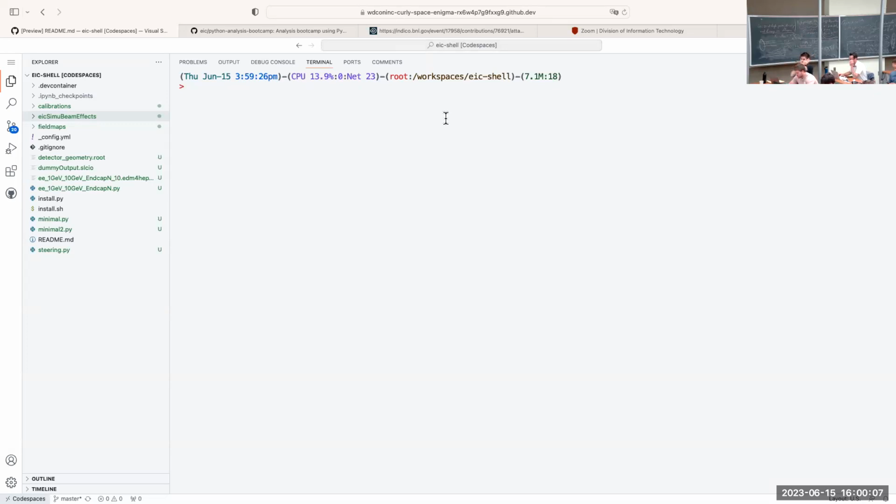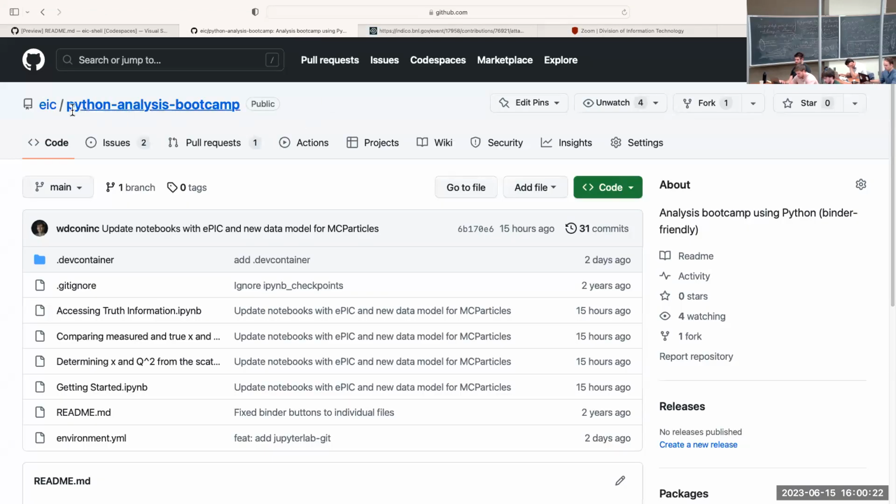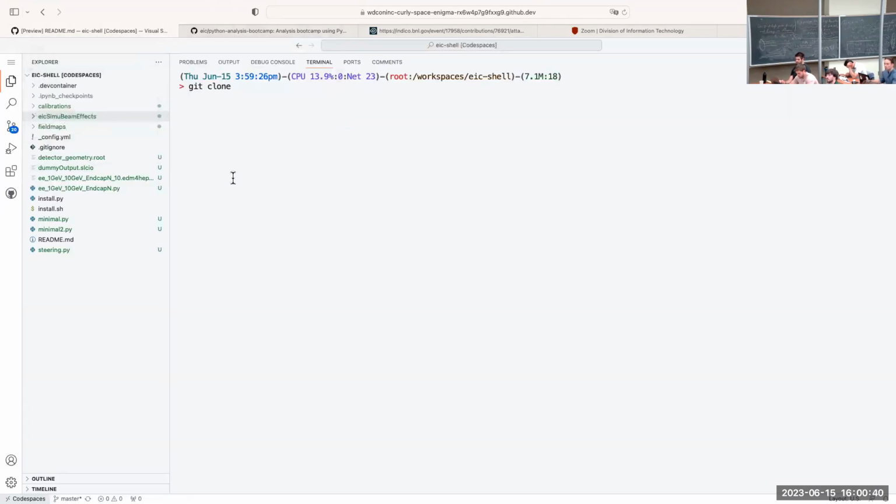Today we're actually not going to spend a whole lot of time in this command line. The only thing we're going to do is start by getting some other Git related files, some Python notebooks that are stored in this Python analysis bootcamp repository. So instead of starting up another code space in this repository and everybody having to rebuild it again, we're going to avoid that by just pulling this repository into the one that you already have running. So git clone